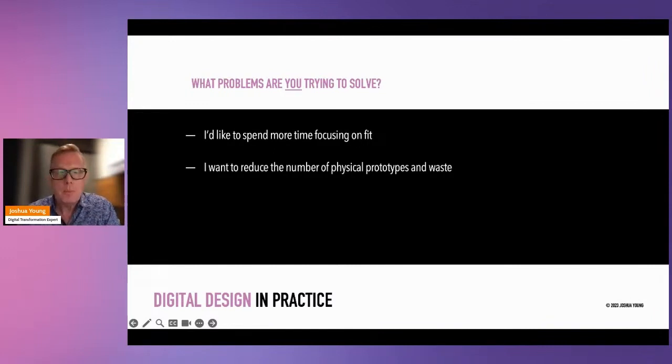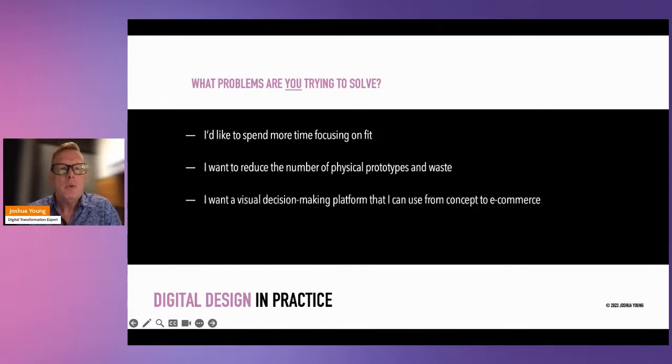So that's another problem you may be solving. But I would challenge you over the course of the evening to even think a little bit more big picture. So once you've got all of these assets that you've created with digital product creation, what can you do with them? What other problems can you solve?